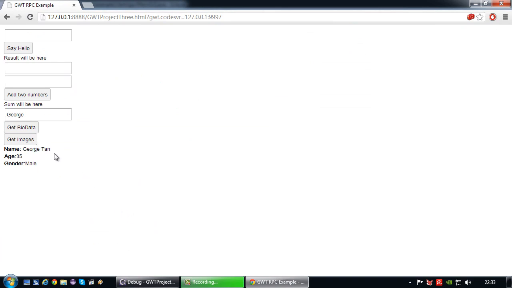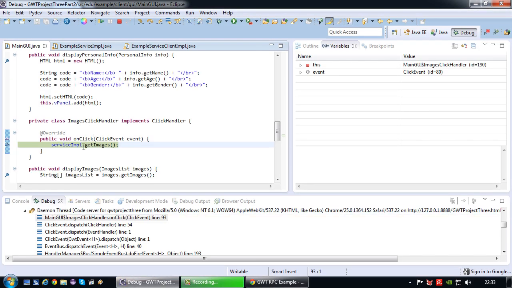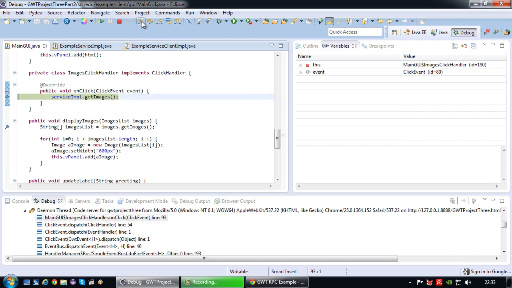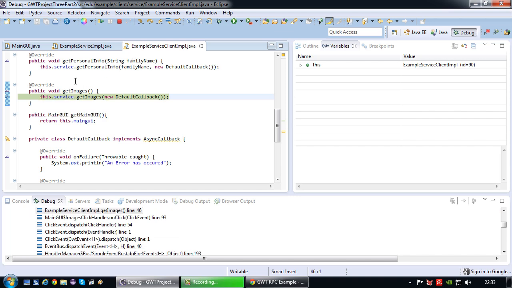Okay, let's do the same thing for get images. So again, after get images is clicked, I end up on my images click handler, after which I will step into the method, end up in the client implementation class, in which the get images method is invoked, after which the get images method on the client implementation is going to invoke the equivalent method under server-side implementation,